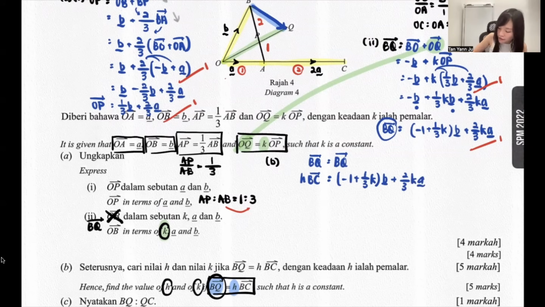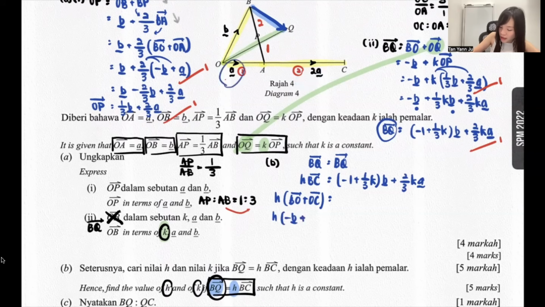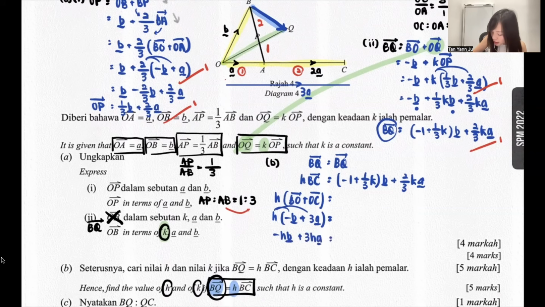Okay, my dear, do I have the BC vector? I think yes. B to C vector, wait. Oh, I don't have it. But never mind, can find. So how do I find BC? I can from B walk to O walk to C. So B walk to O is negative B. O walk to C, here A, here to A, whole line will be 3A. Sorry, expand it. So negative HB plus 3HA equals to negative